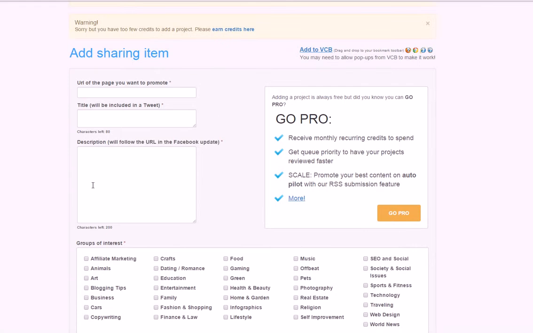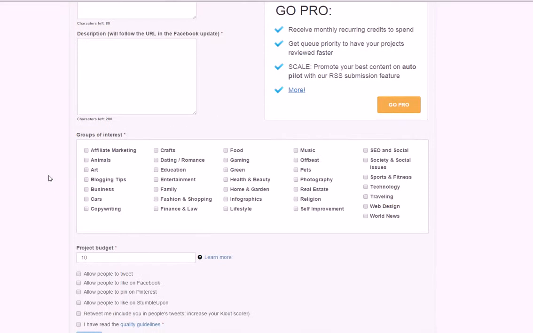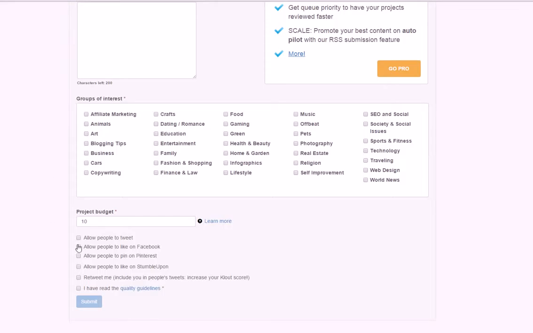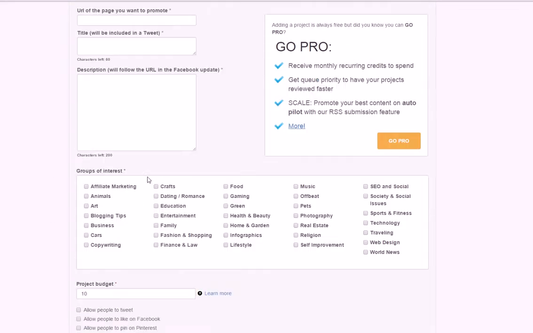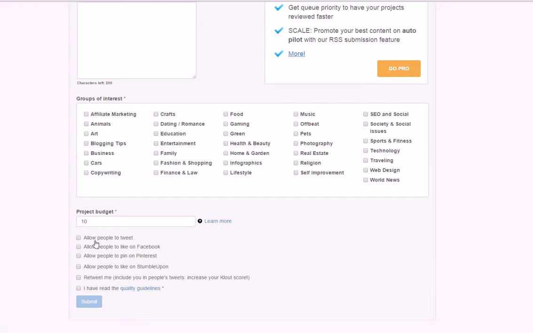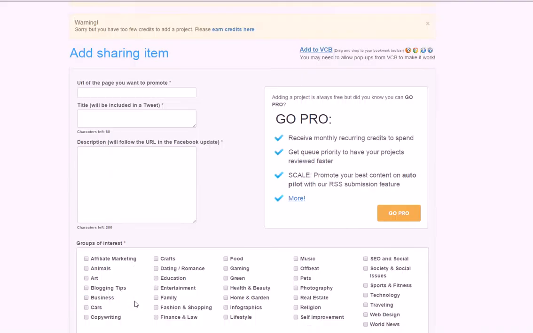Okay, so you add a project, and then you pick the categories, you put the description, you put the title, you put the URL, you put the budget, and whether you want them to do it on Twitter, Facebook, Pinterest, StumbleUpon, etc. I recommend you use all of them, and I recommend you use a budget of at least 50 to 75 to get the most out of it.